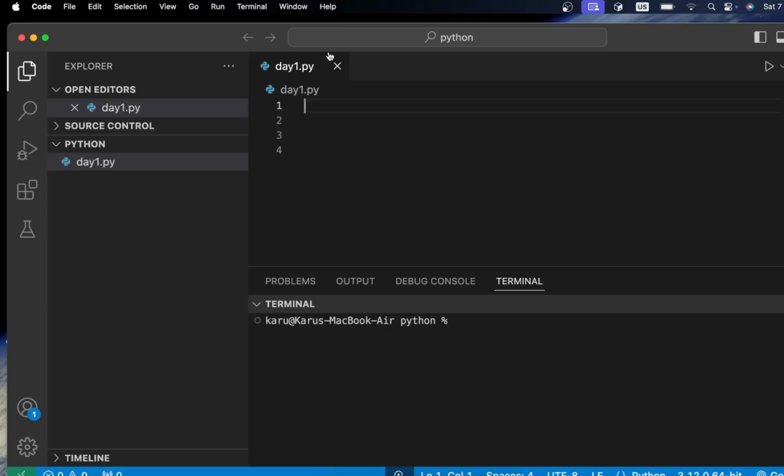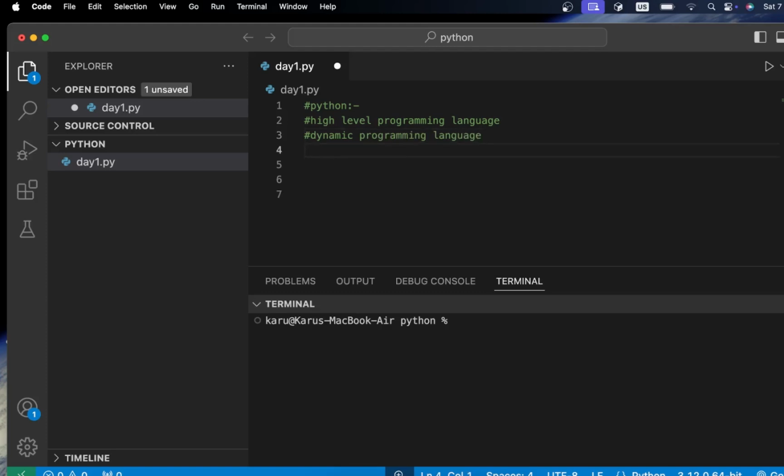Here you can see. At first, what is the Python programming language? I want to explain about Python first. Okay, the Python programming language is a high level programming language, and then it is a dynamic programming language.